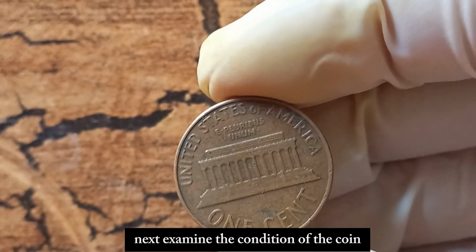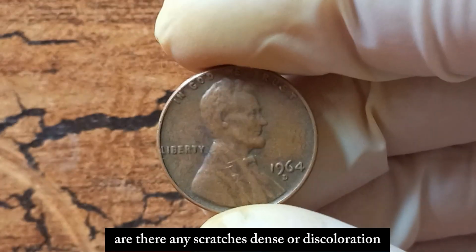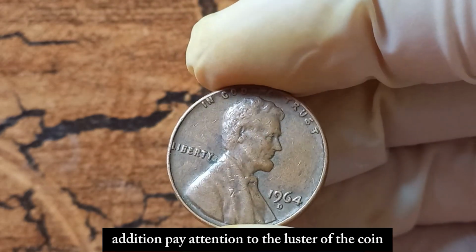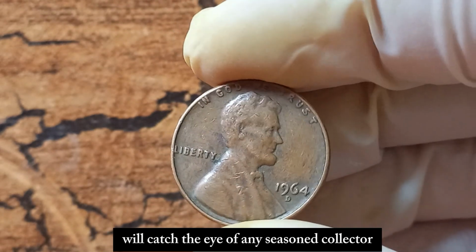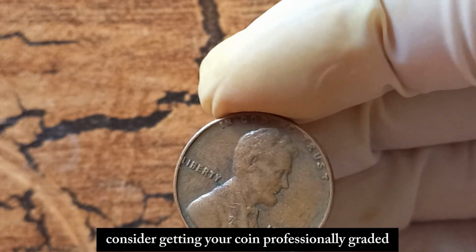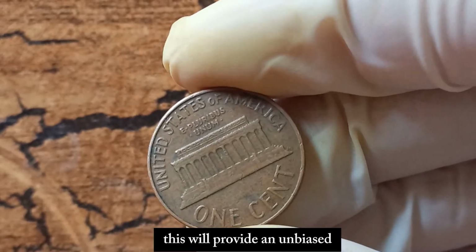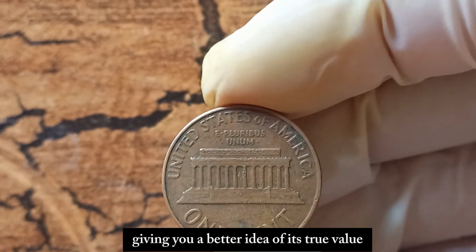Next, examine the condition of the coin. Are there any scratches, dents, or discoloration? A flawless penny will command a higher value in the collector's market. In addition, pay attention to the luster of the coin. A shiny, well-preserved penny will catch the eye of any seasoned collector. And finally, consider getting your coin professionally graded by a reputable grading service. This will provide an unbiased assessment of the coin's condition and authenticity, giving you a better idea of its true